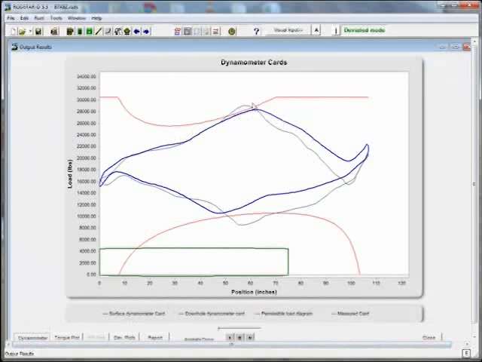If I want to take a closer look at that, I click on dynamometer, and there is the plot that shows the predicted card, which is the blue line, versus the measured card, which is the gray line. So that's how that works. Okay, so now I'm going to load another file, another XDIAG